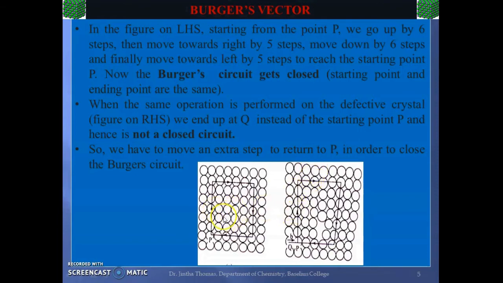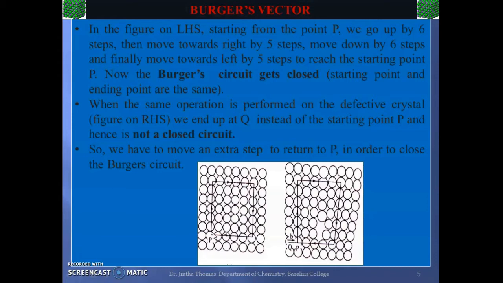So, in this figure on the left hand side, starting from the point P, we go up by 6 steps, then move towards right by 5 steps, move down by 6 steps, and finally move towards left by 5 steps to reach the starting point P. Now the Burger circuit gets closed here in the case of this perfect crystal packing.